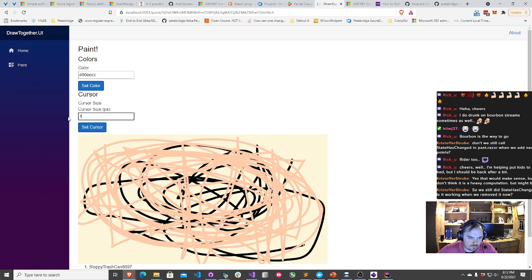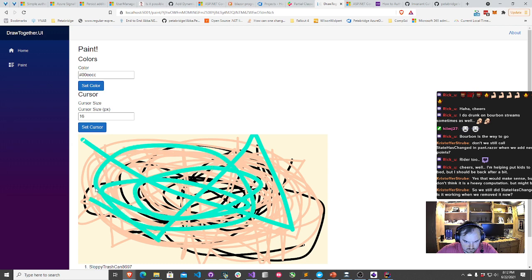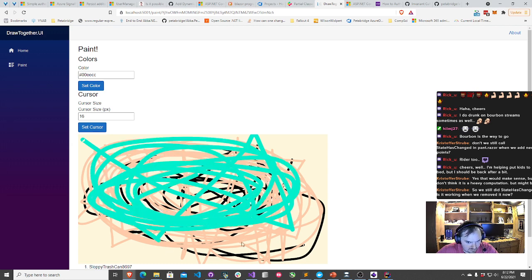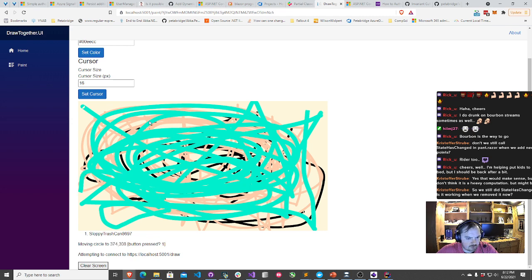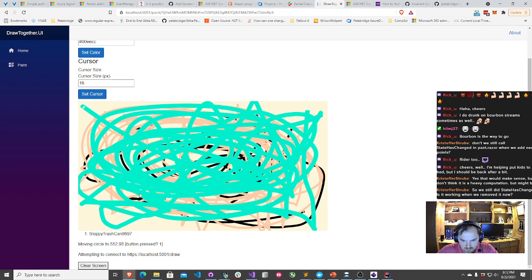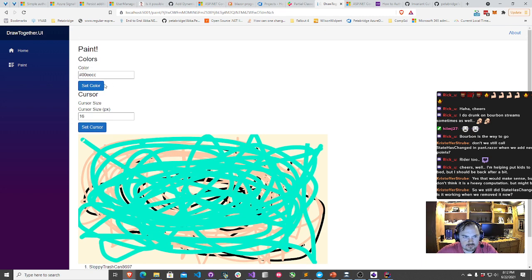Let's go ahead and do this. Set a bigger cursor size. And that seems to actually be going okay. I don't know. There might still be some rendering going on that shouldn't be happening there. Although that seems to be going all right.